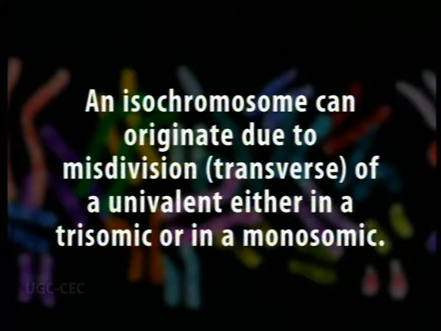So there is a univalent basically in both the cases sometimes formed, and hence that univalent undergoes a transverse division of that chromosome instead of the equational division. So that transverse division results in the formation of an isochromosome, and hence the gamete later on formed becomes n plus isochromosome, and fertilization between such a gamete with the normal gamete results into the formation of secondary trisomic,